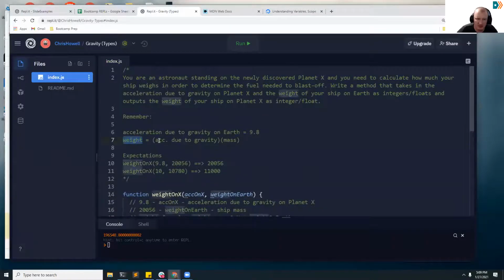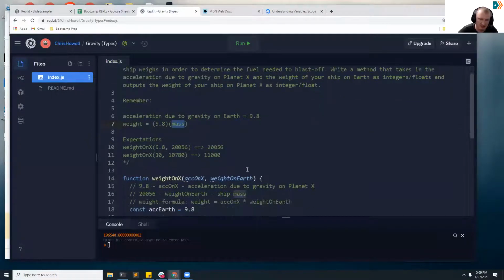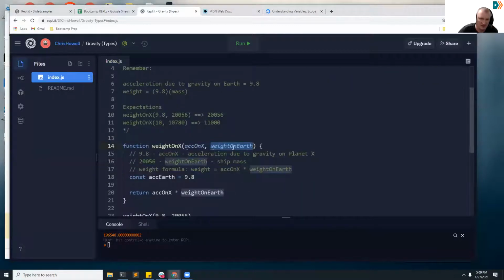To get the weight, we need to take the acceleration due to gravity, which for Earth is 9.8, and multiply it by the mass, the ship's mass. Actually, this is giving us the weight. This is giving us an already calculated weight that the ship weighs on Earth. So we actually have to divide the weight on Earth by 9.8 so that we can get